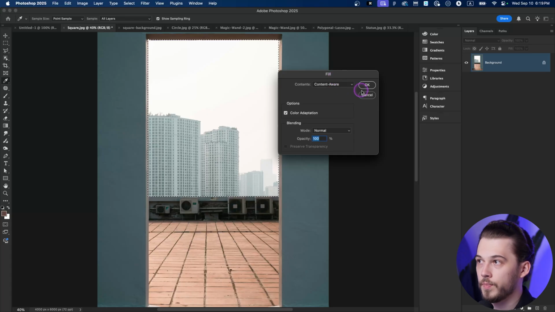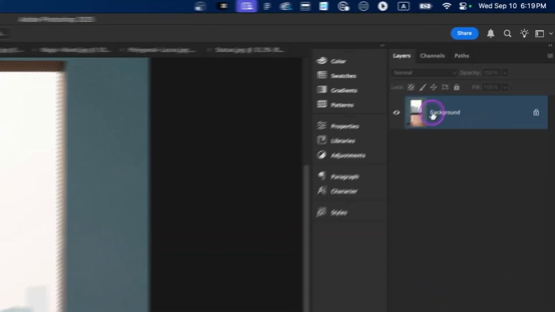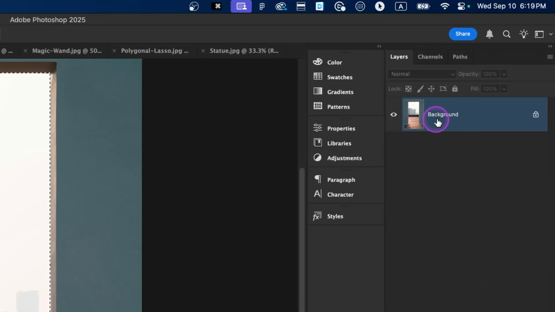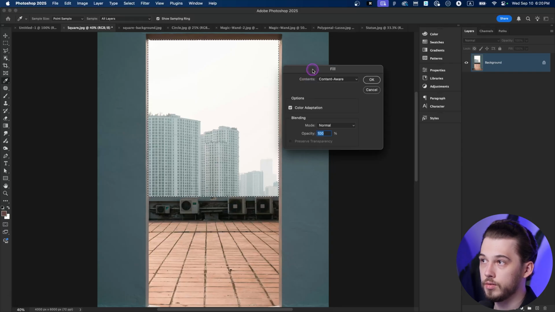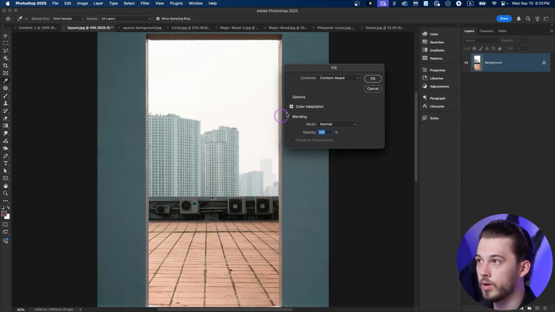What is fill? A fill is going to appear only if you are trying to delete your background, because as you can see right now, you have one layer named background, and you have this lock key on the right side. It means that you should always have at least something non-transparent on your image, and once you're trying to delete those pixels, it just allows you to replace the selection with something else, with some technology or replacement,